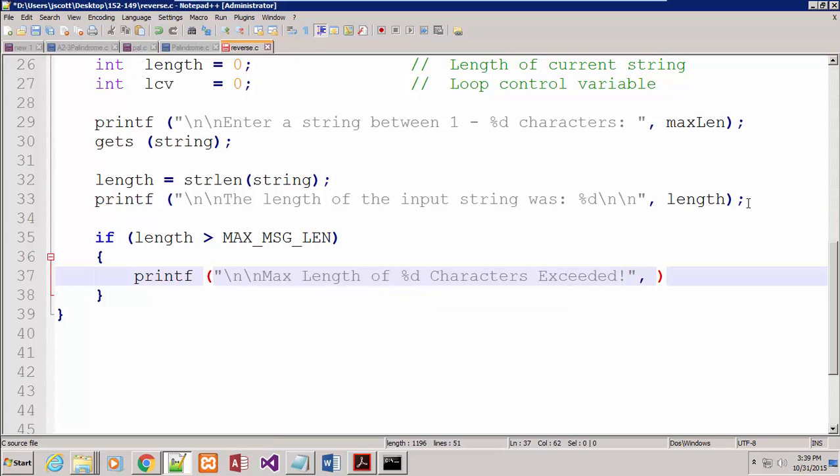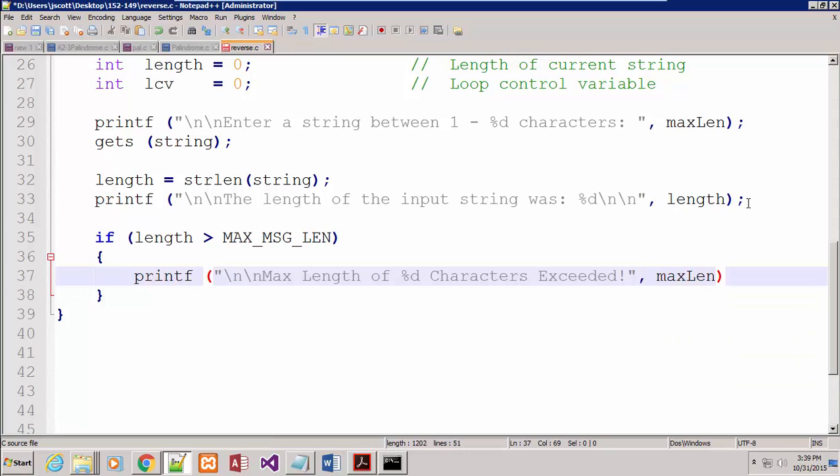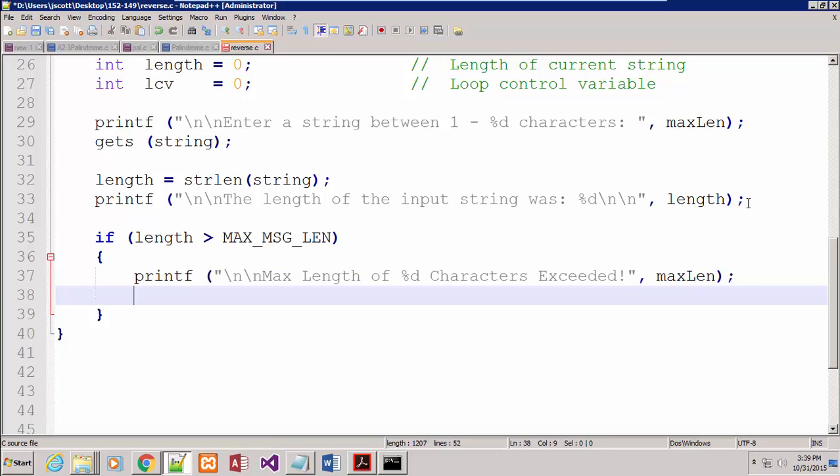And that's, of course, what was the maximum length? That would be maxlen, because that's how many we said. No, that actually is the most we can have in there. Yeah, it is maxlen, because 80 characters. All right. So if that's the case, then we're going to say printf, and we'll say